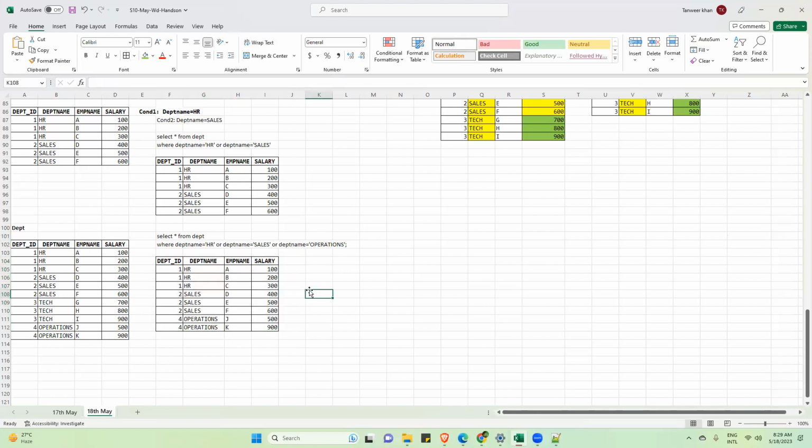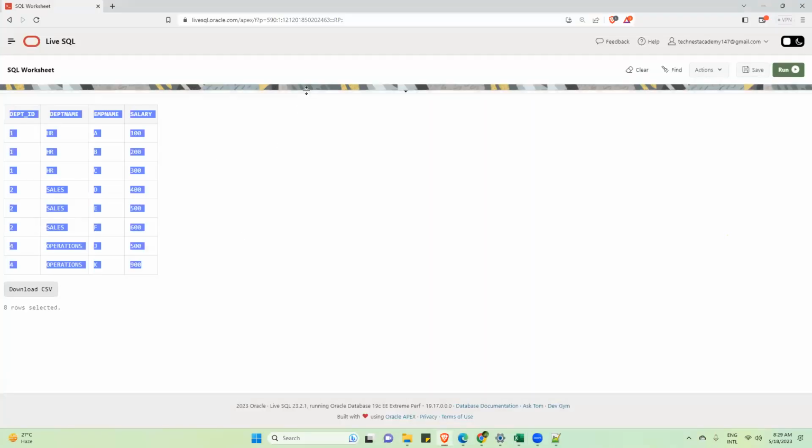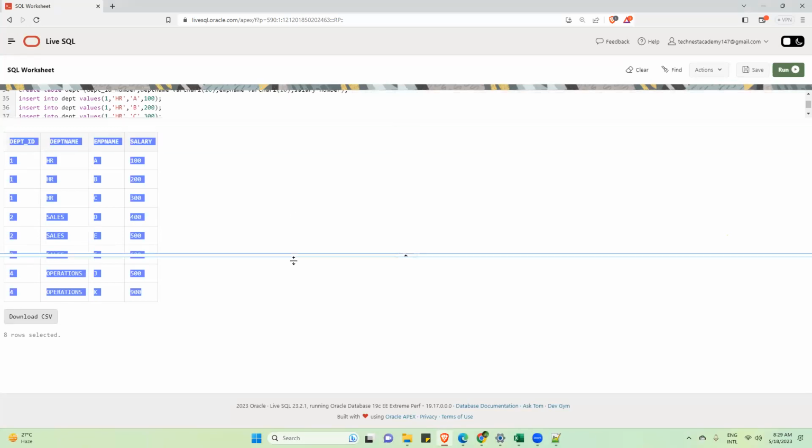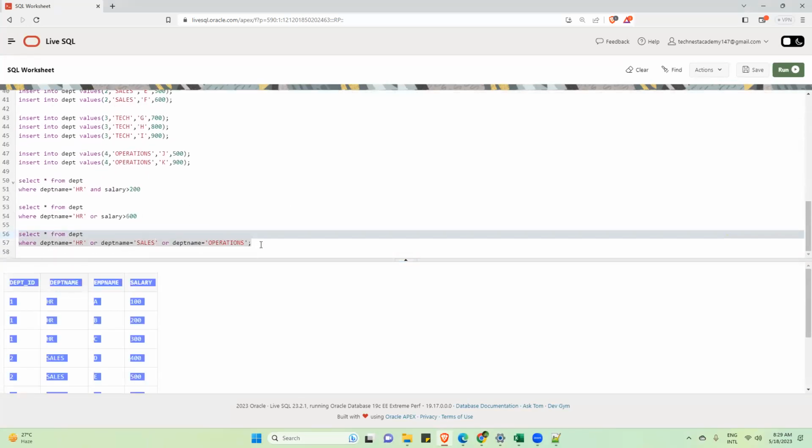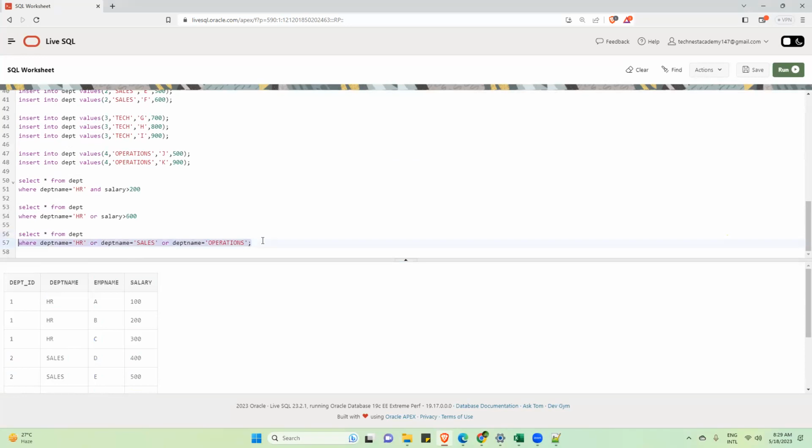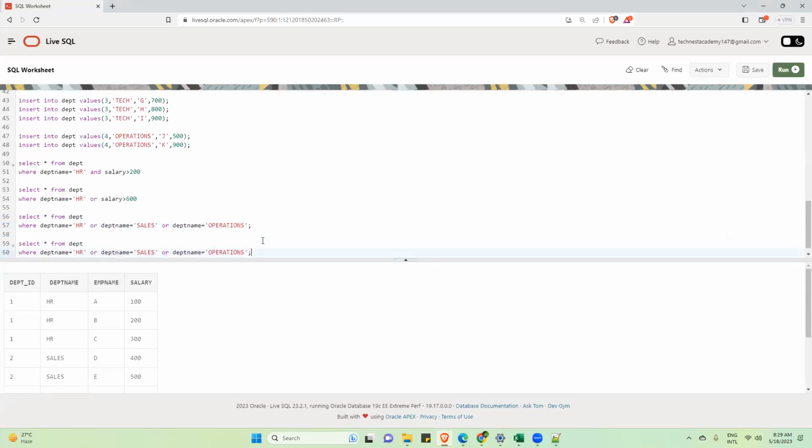Now I am thinking that this is a little bit tedious, to write everything again and again. So for this we have a shortcut. Instead of writing like this, you can use the in operator.